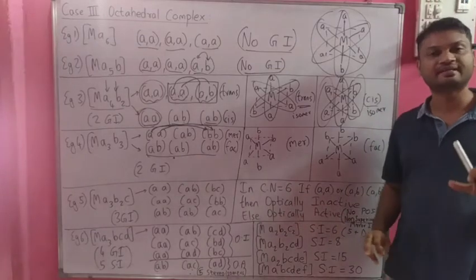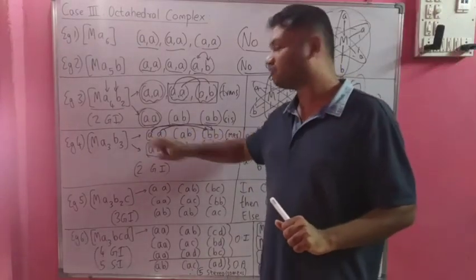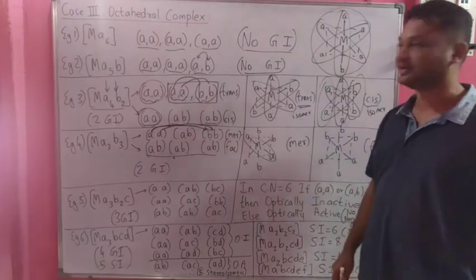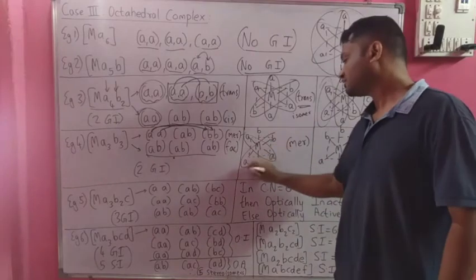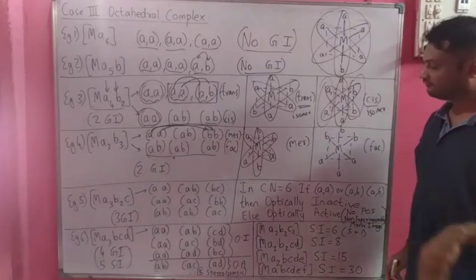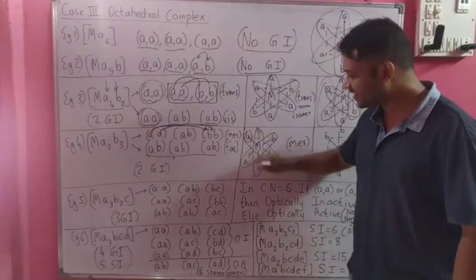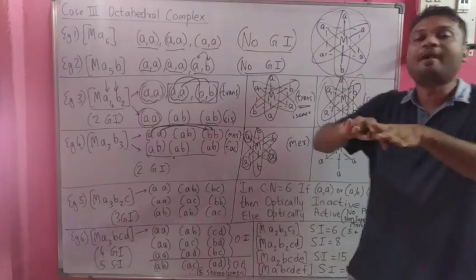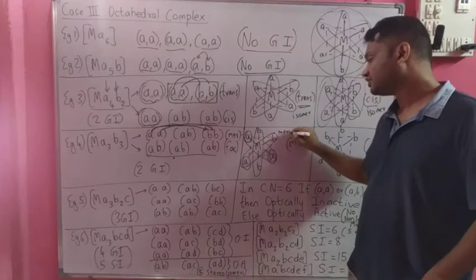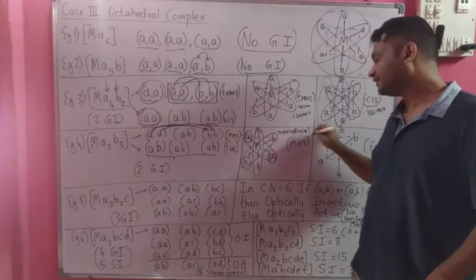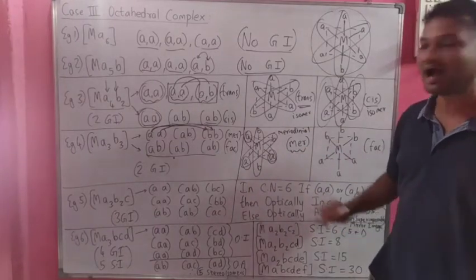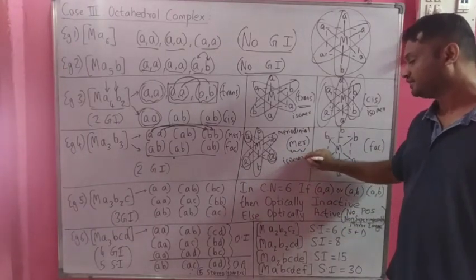Why do we call it by these names? Let us see. First of all, let us make this first set. So A opposite A. This is the first thing, A opposite A. A opposite B. So this is our second set. Third set, B opposite B. Now if you see carefully, all the three same ligands, A and A, they are in one plane, the square plane, which is called the meridional plane. Because they are in the meridional plane, we call it in short form the MER isomer.